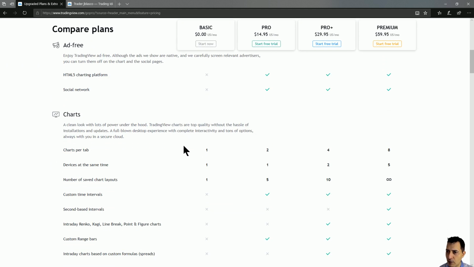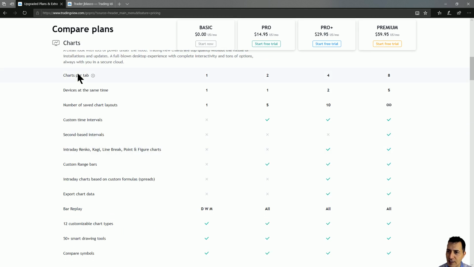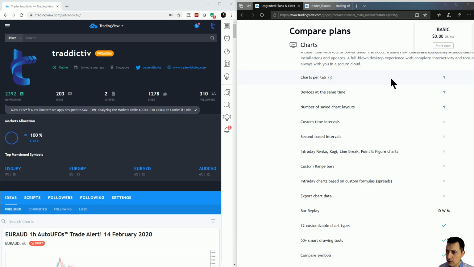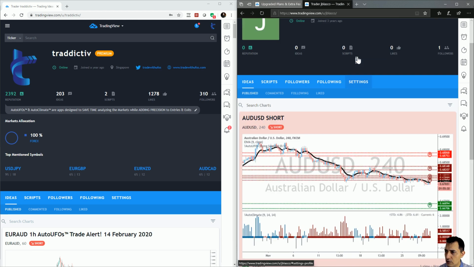Okay, so for example, the platform is using HTML5. That is true, starting with Pro. Okay, if it's basic, it's just basic HTML4, not 5. The amount of charts that you can have per tab, it's 1 on the basic, it's up to 8 on the Pro. So, for example, if I go back to the basic and I want to use a chart,